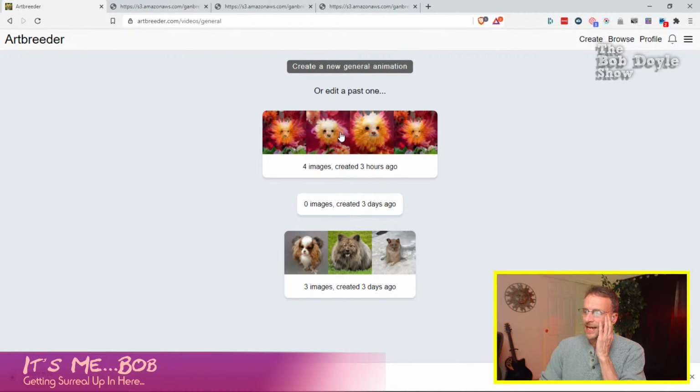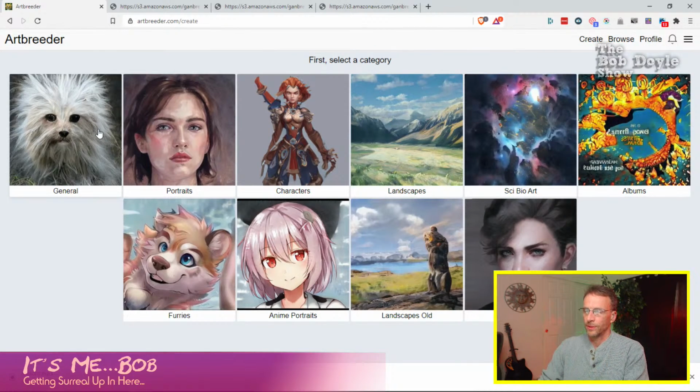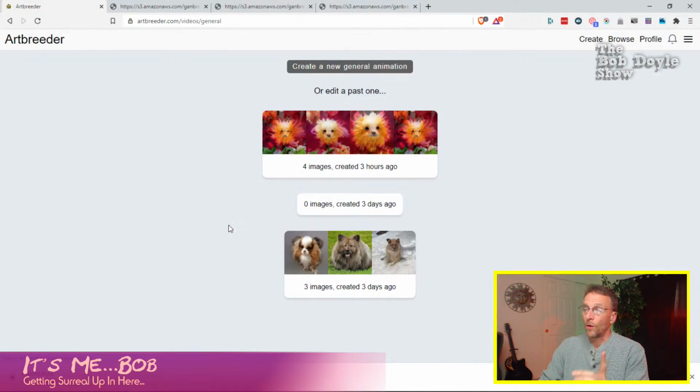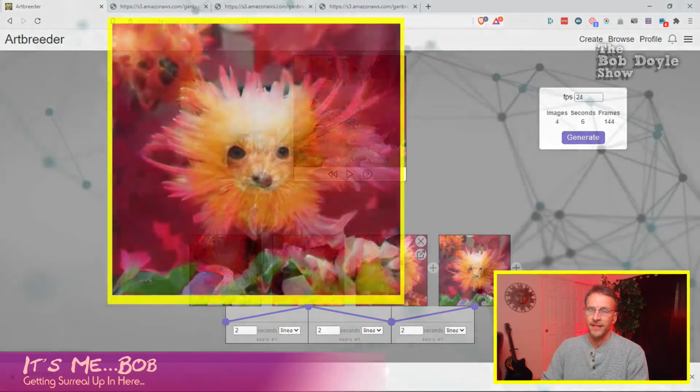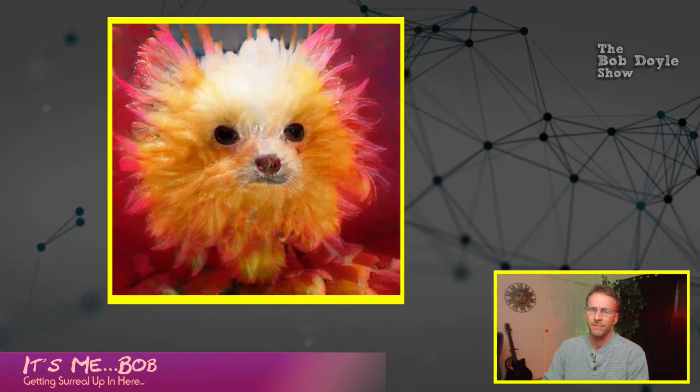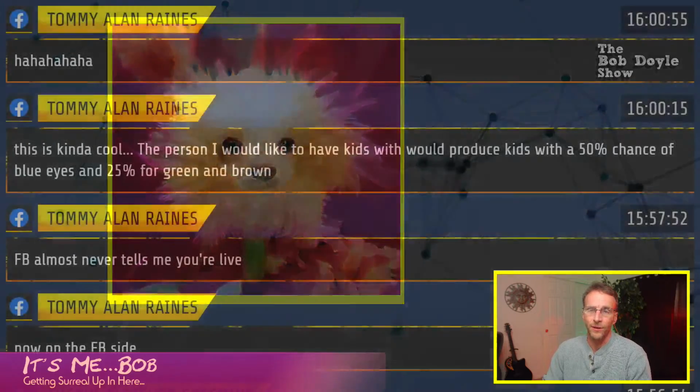Maybe this is where I did this one. On this one I went to general, oh no, I didn't go to animate. I had created 4 of these images, just like we did just now. I created 4 slightly different images and then ran the process on them, and that resulted in this animation. Again, I think I took that one down to maybe 10, 12 frames per second or something. It's smooth enough for a Facebook profile, you know what I'm saying?